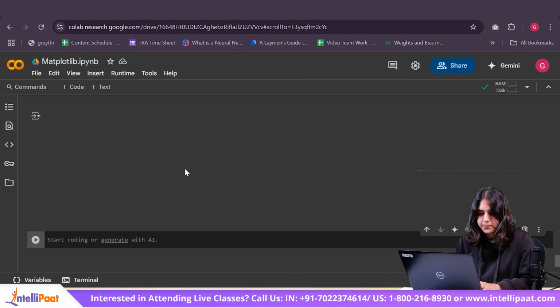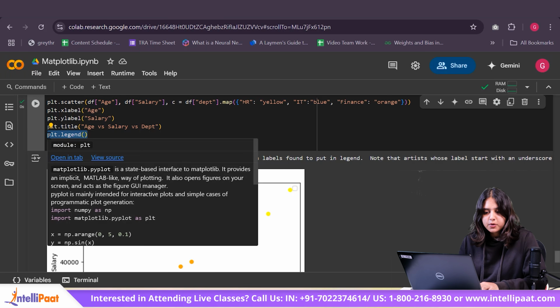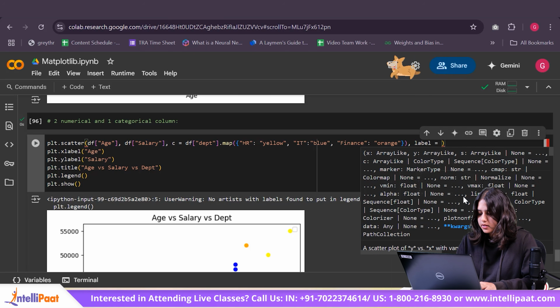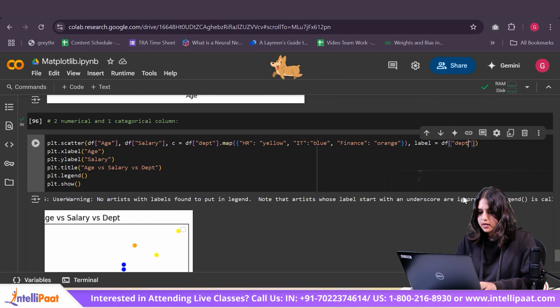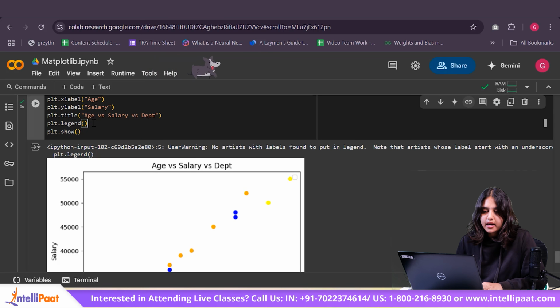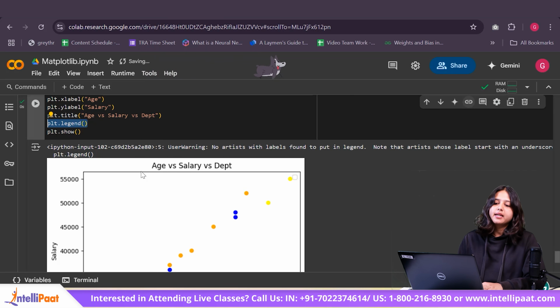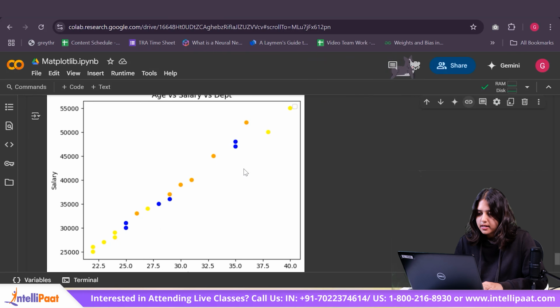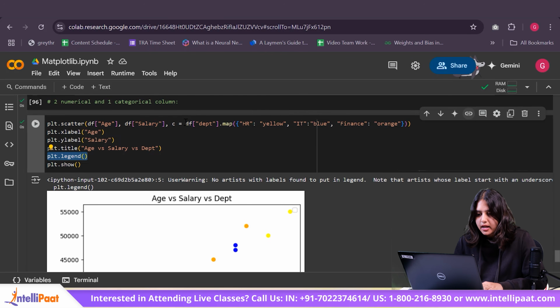Print it now. As you can see over here, I've tried to print my legend, but I am not really getting an output. I can resolve this by simply saying labels equal to df department. As you can see, I have tried to print my legend using plt.legend, but I am not really getting any output for that particular line. The reason being, I have explicitly defined what colors each of my departments are going to get, and Matplotlib is unable to read that.